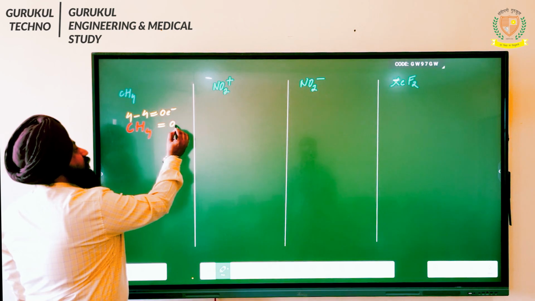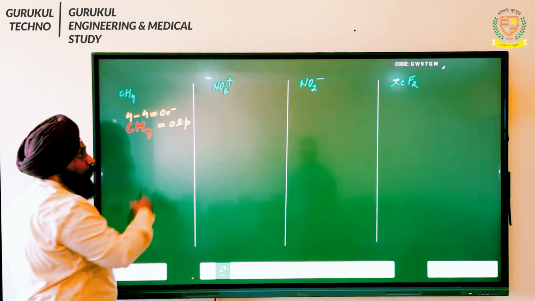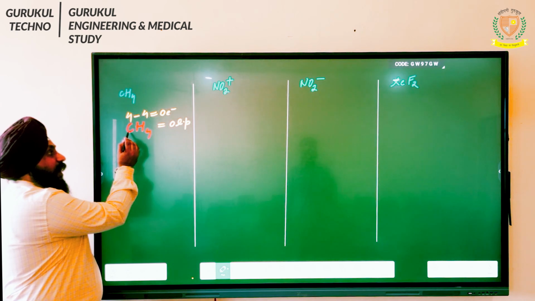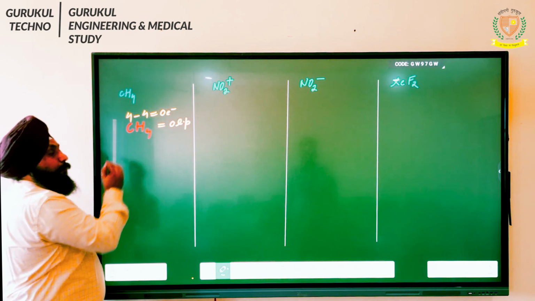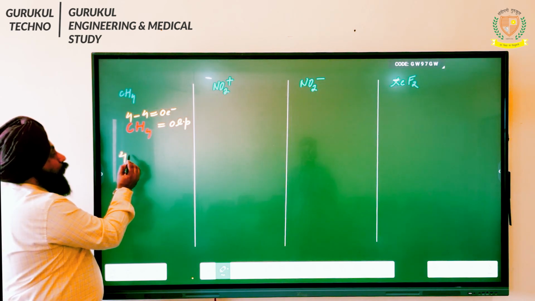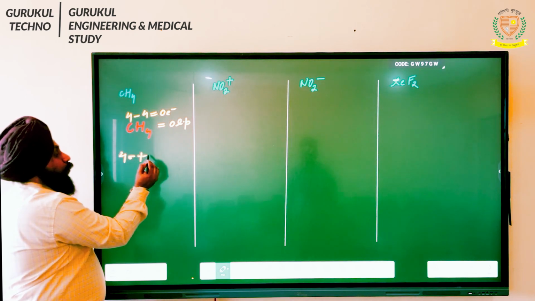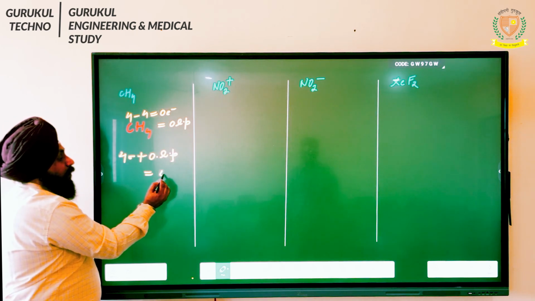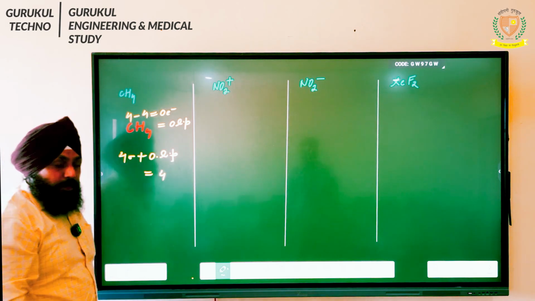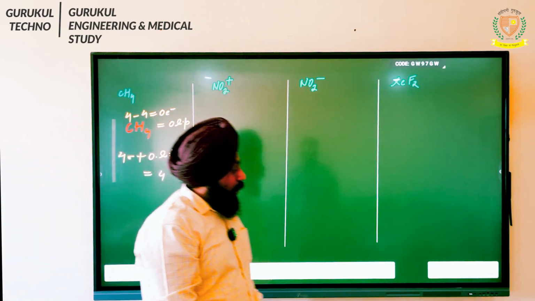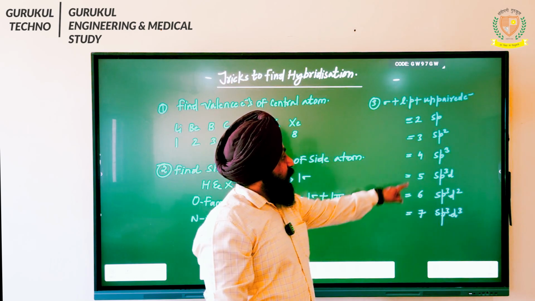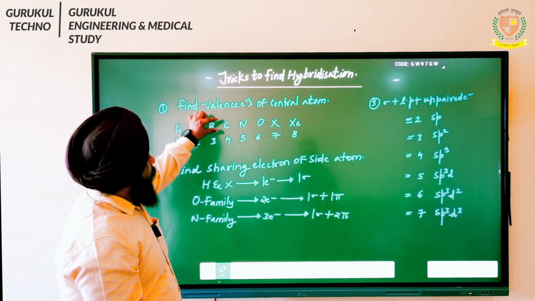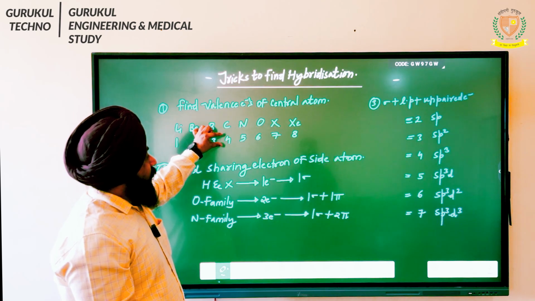So there are 0 lone pair in methane. Now students, if you see carefully, this carbon is making how many bond with hydrogen? It will make 4 sigma. And the lone pair is what? It is going to be 0. So when you carry out the sum, you will be getting answer as what? 4. So here when you get it as 4, you will say hybridization is what? sp3.